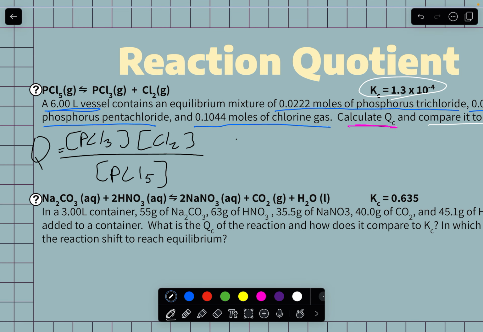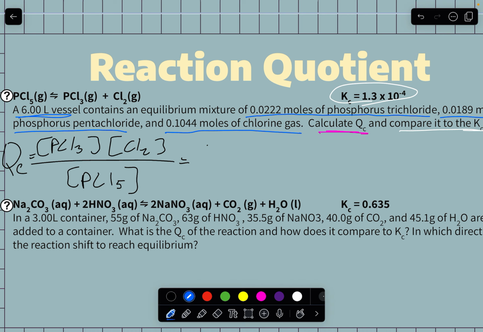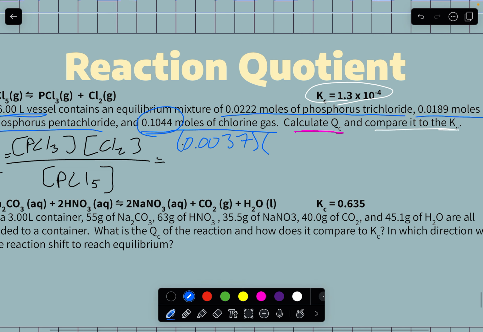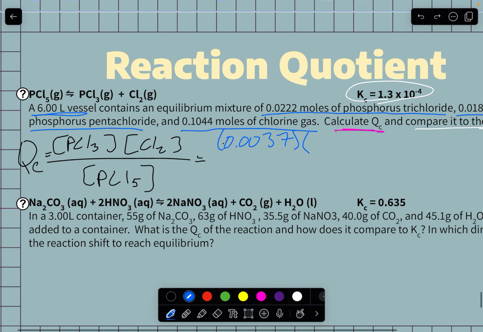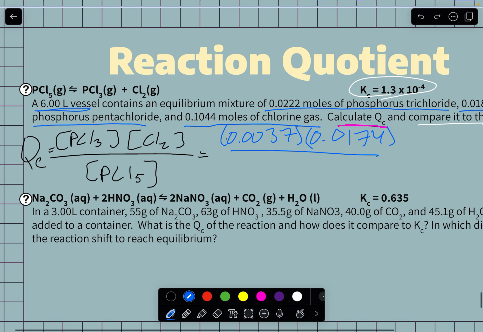This is our Qc. So that's going to be equal to, so our phosphorus trichloride, we said had 0.0222 moles. If we divide that by our 6 liters, moles divided by liters, we get 0.0037 molar. Our Cl2 we had right here, 0.1044. That divided by 6 gives us our 0.0174. And then our pentachloride was our 0.0189. That divided by 6 gives us